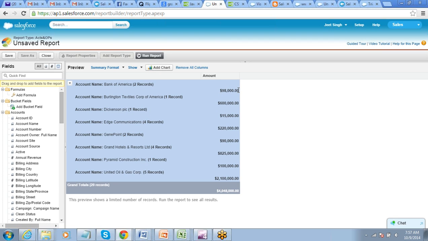We got that? So amount is a field of opportunity, but I have summarized the total amount against each account. So if one account has 5 opportunities, we have got the sum total of all those opportunities. Alright. Now in the same report, you also want to see against each account, like Burlington Textile, the total opportunity you